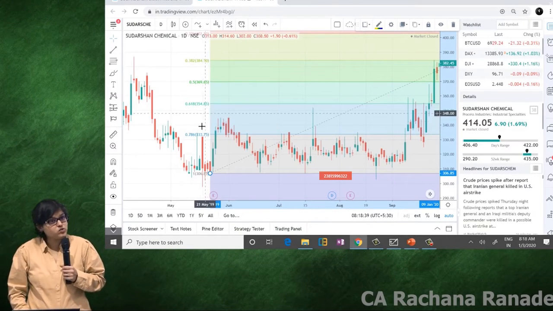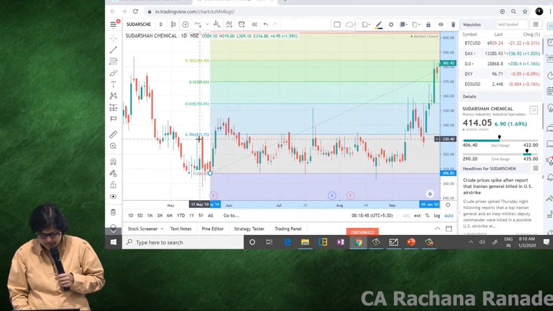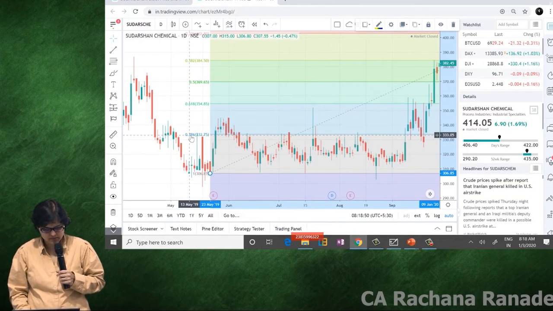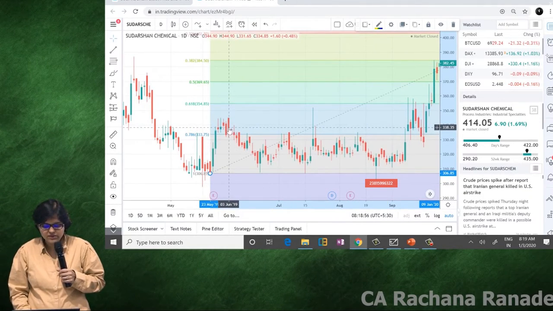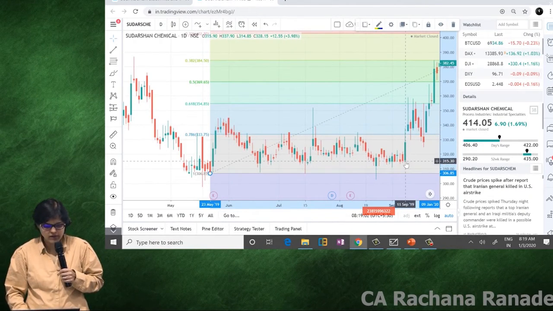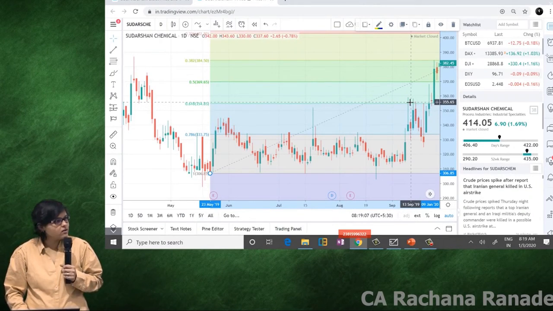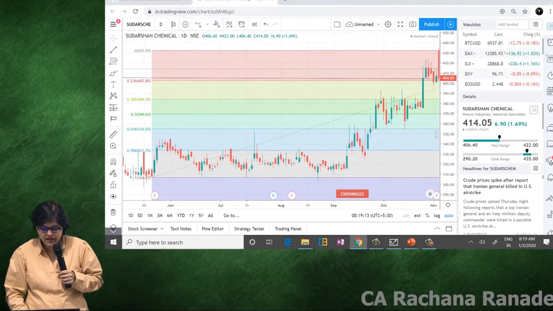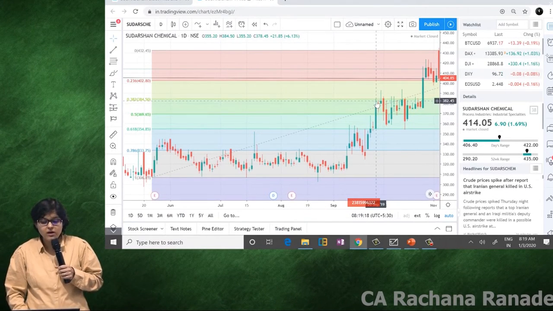See how beautifully it has actually honored the Fibonacci number sequence. Went up till here, corrected. Went up till here, corrected. So much of sideways trend. Okay. Broke this. Went to which level? 61% level. Okay. Within the 61% level, broke the level, cut 50 directly and stopped at the 38 level. 50 did not stop, it directly cut till 38. It's between this range now. Now it has cut 38 with a big green candle.